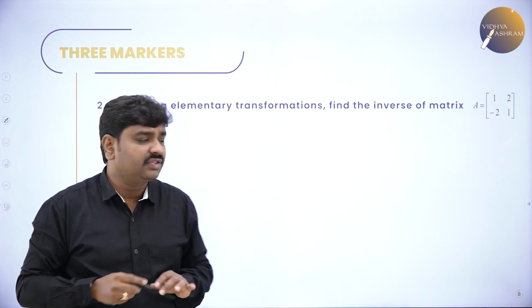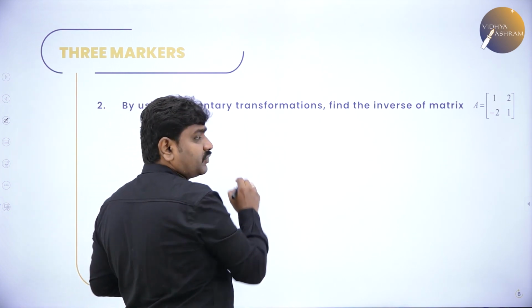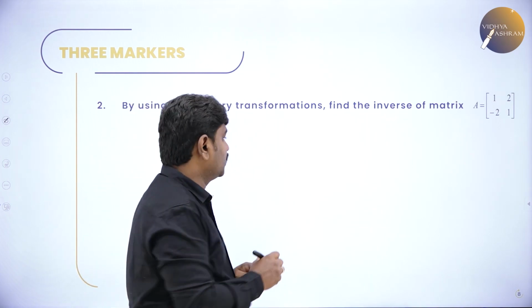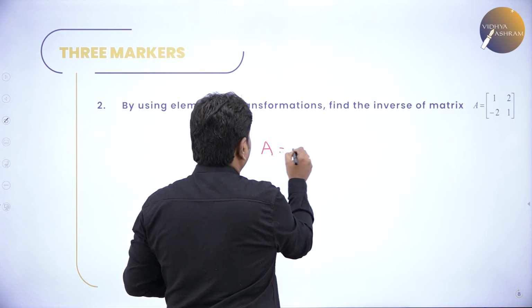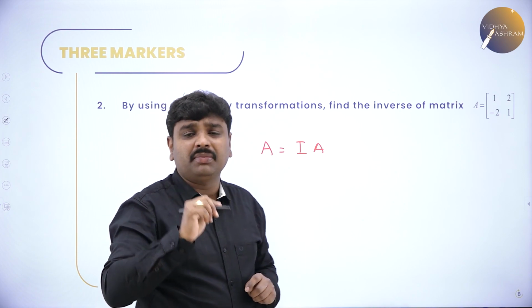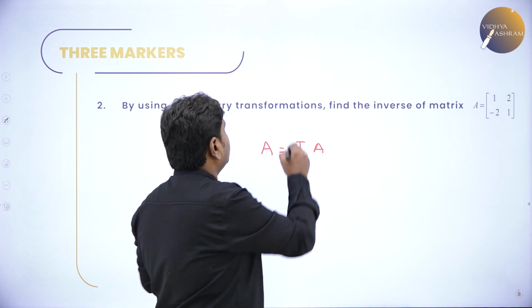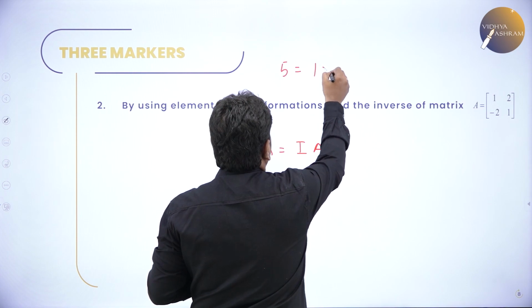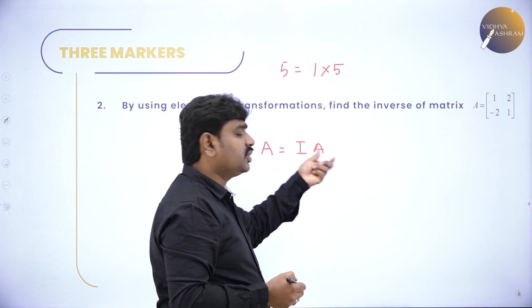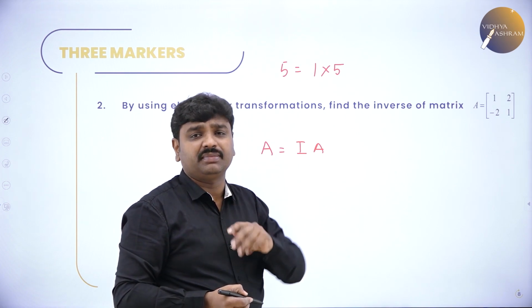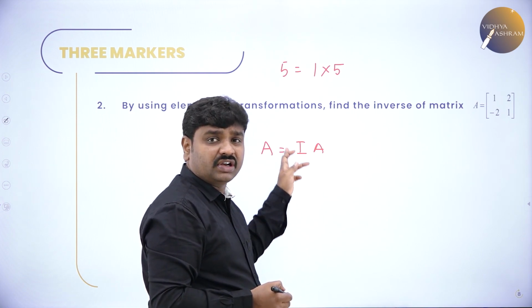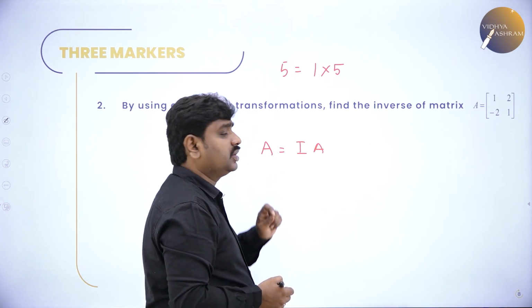So how to simplify this? Given a matrix, whatever matrix they give, we should take I. A can be written as I into A. I'm repeating: in normal multiplication, 1 is the identity element. Suppose I give 5, can't you write this 5 as 1 into 5? 10 is 1 into 10, like that. A is 1 into A. Instead of 1 in matrices, we say identity matrix. So 1 into A is A. In place of 1, we call it I. A is equal to I into A.